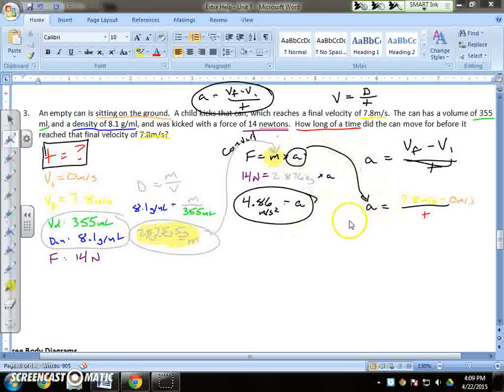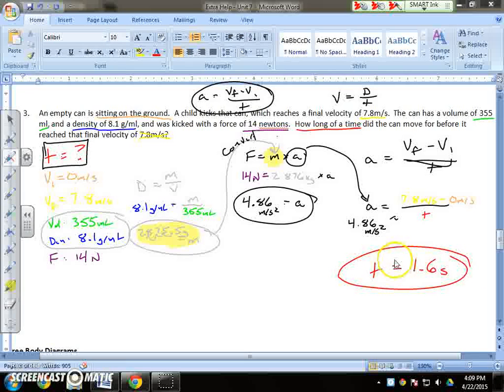So you'll end up with a 4.86 meters per second squared equals 7.8 minus 0 divided by t. And when I rearrange all of that, I'm left with a t equals 1.6 seconds. So once you isolate for t, you were left with 1.6 seconds in order to move that kid kicking that